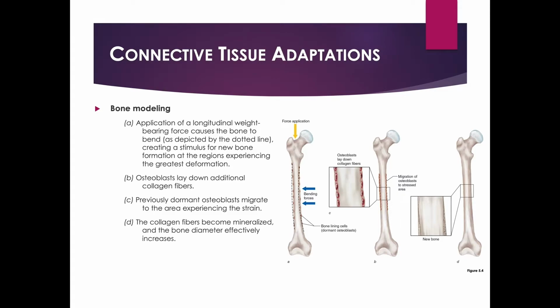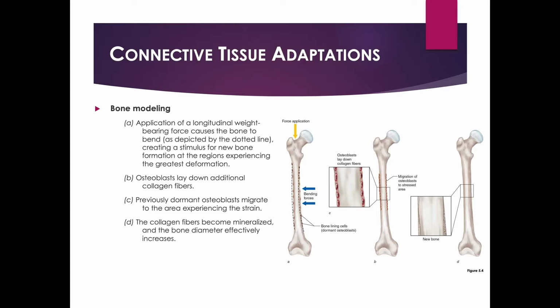So how that works, he says, is application of a longitudinal weight. You can see the force application going straight down. So there's going to be certain bending going on in the bones right there. And the bones can handle quite a bit of compressive force. As the force is being applied longitudinally, you'll get a little bit of bending in the bones, and they can handle quite a bit of force that way. Bones, especially long bones like your femur here, can't handle a lot of shear stress.